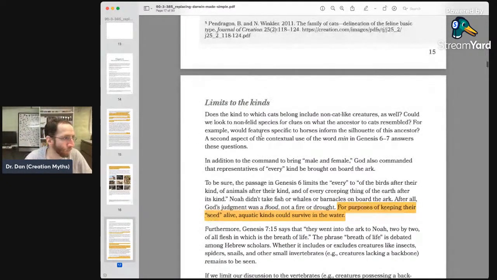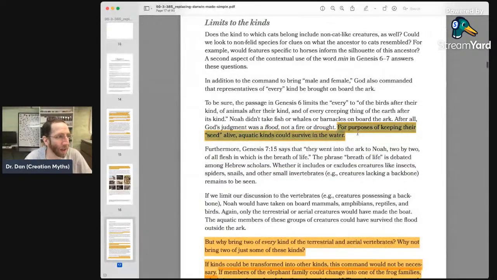All right. So aquatic kinds could survive in the water during a flood. This is silly because the flood, one, would have been really hot. Two, it would have been really gross water that would have run out of oxygen at some point. It would have been all churned up. Also, because it's a big giant flood violently mixing the surface, you have aquatic and you have marine organisms. We have to draw a distinction there. It's probably going to kill everything, but it's definitely going to kill the aquatic things, the freshwater things. They're not going to be able to survive in the flood.